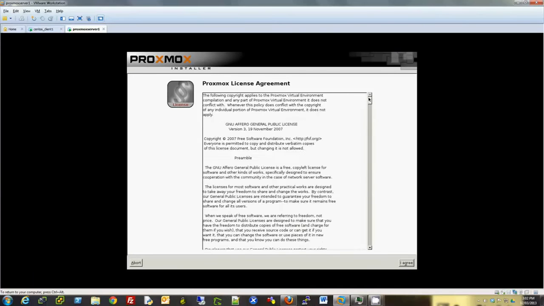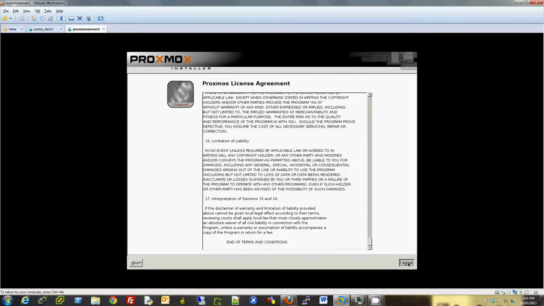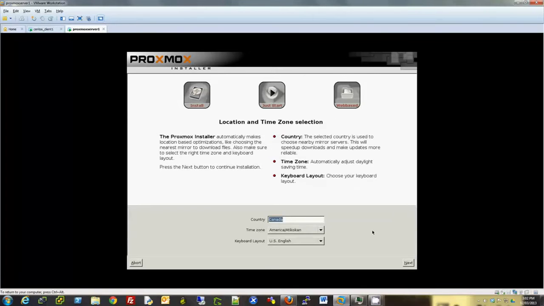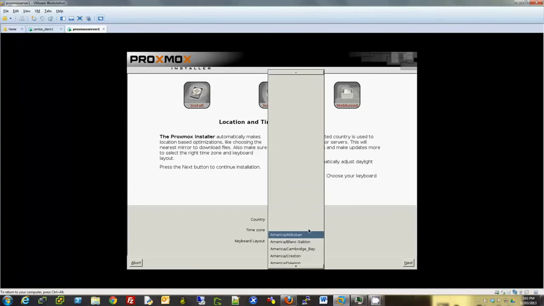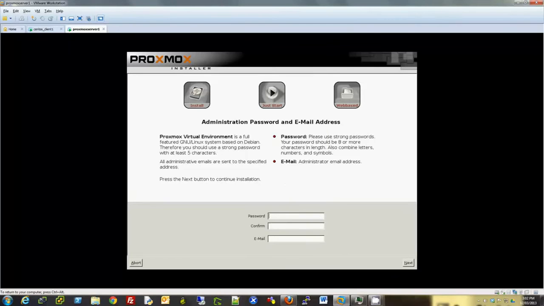Okay, this is the license agreement. You can read it, and then you click on agree once you agree, and next. So I'm in Canada. I'm gonna choose my time zone. Click on next. I'm gonna choose a password,